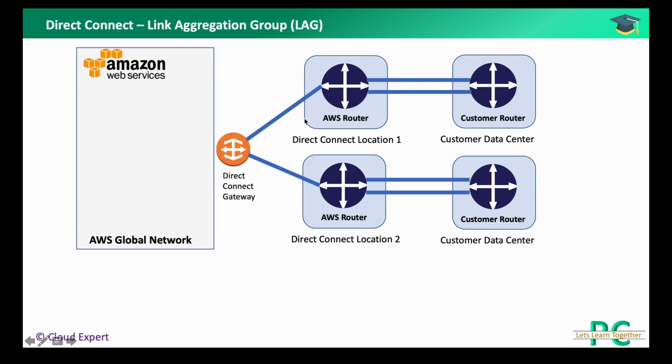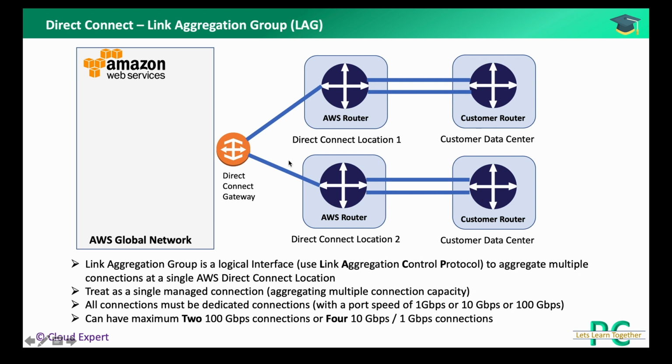In that case, there is a concept of link aggregation group. A link aggregation group is a logical interface which uses the LACP protocol, or link aggregation control protocol, which will aggregate multiple connections from a single Direct Connect location